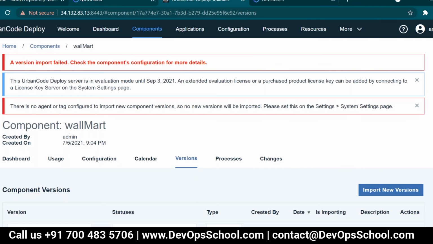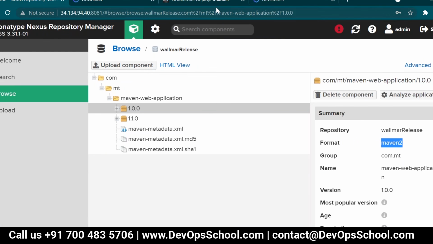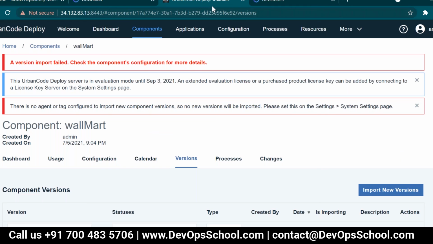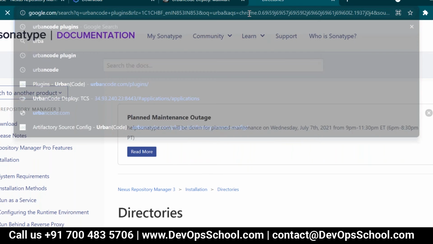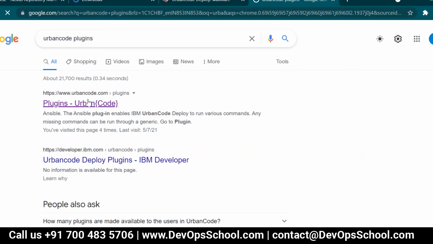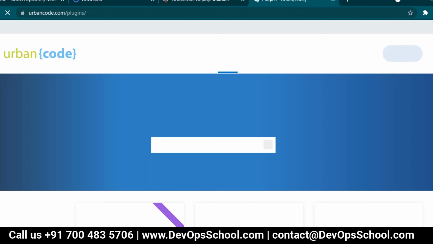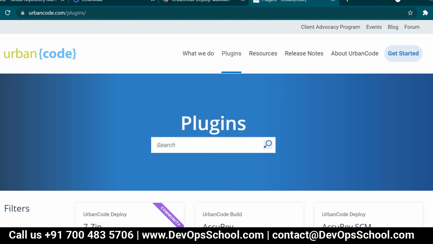Let me check. Oh, we're not using the right plugin. No, we are using the right plugin only, but sometimes on Urban Code they might raise a case on this one only.